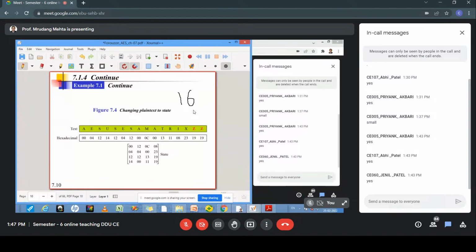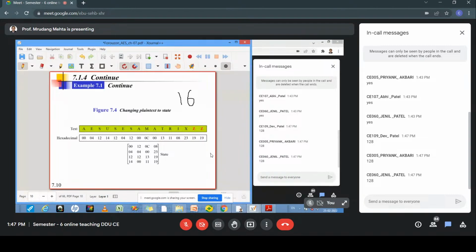16 bytes equal to how many bits? Please respond. 128, right. So this means this is our block and we want to encrypt this block. What we are doing is representing each text with a hex value, because a hex value has two digits. One digit is the row, the other is the column, and that we take to the next step,